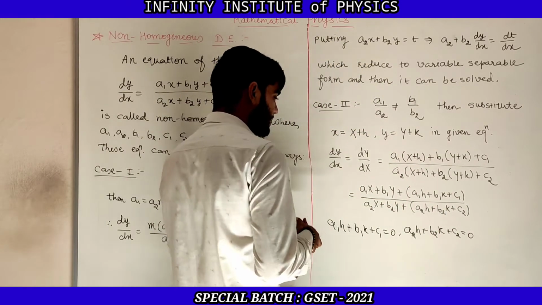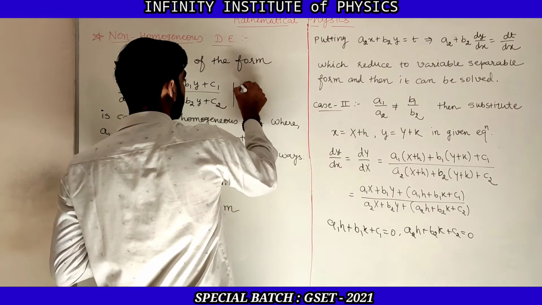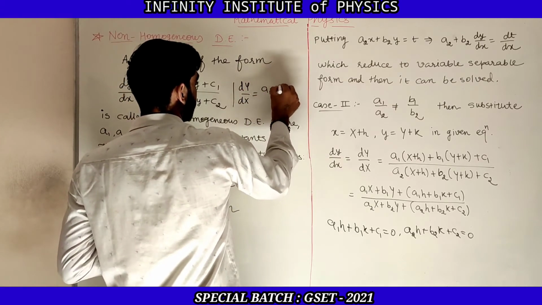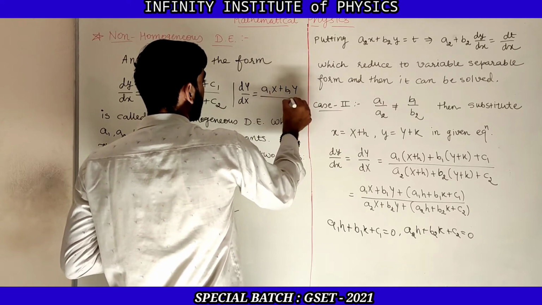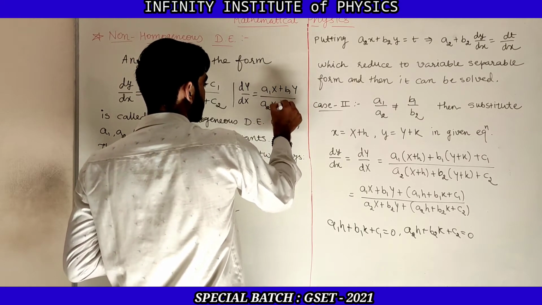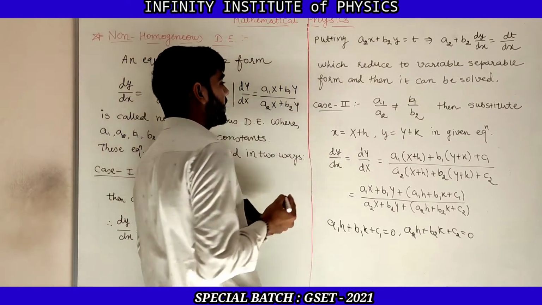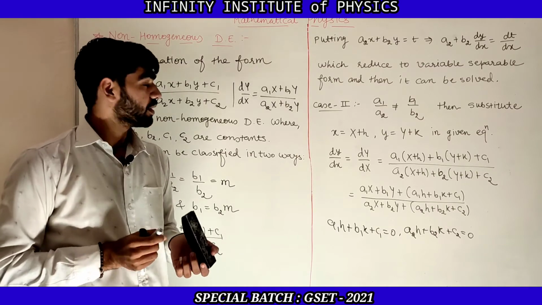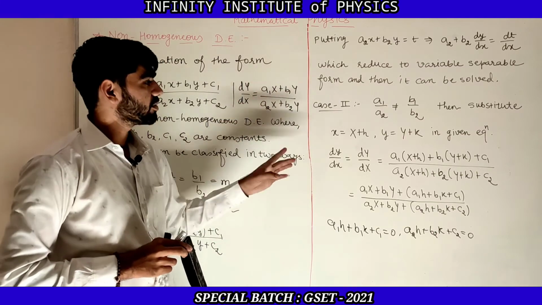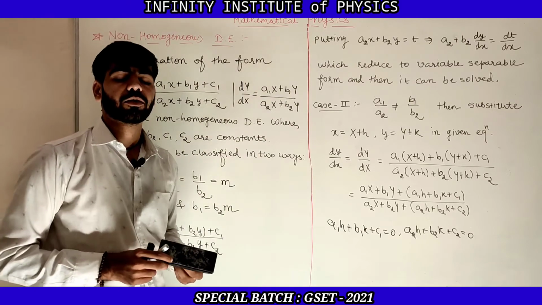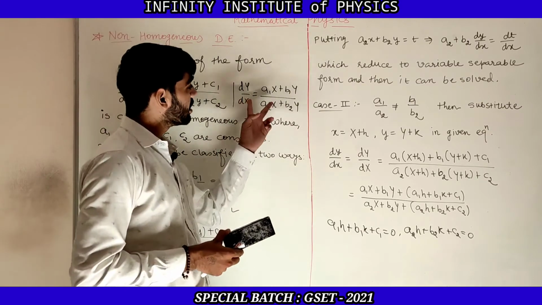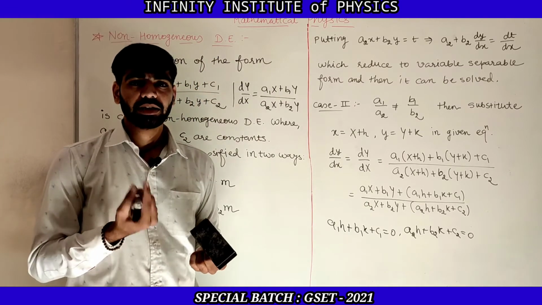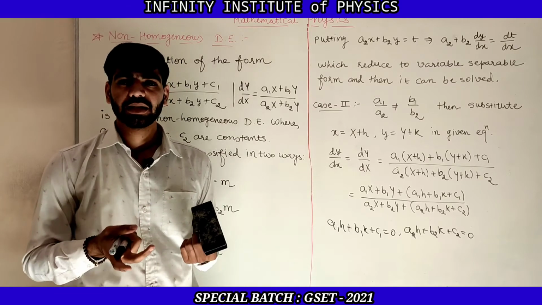Now that we have taken these two constant terms as 0, the equation is converted into the form dY upon dX equal to (a1 capital X plus b1 capital Y) upon (a2 capital X plus b2 capital Y). You can see that this is a homogeneous differential equation, and you need to solve it by the method of homogeneous differential equations. That means you assume capital Y is equal to V into capital X, and it will be converted into only two variables, V and X. Then you can solve it.